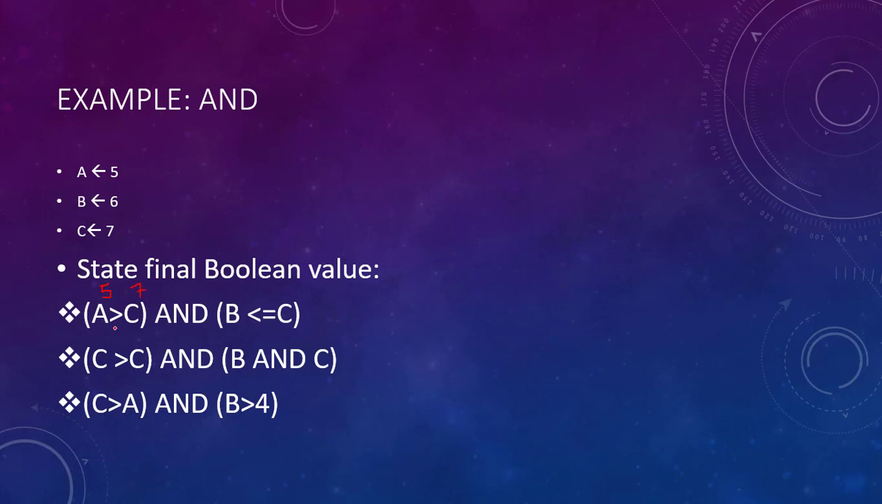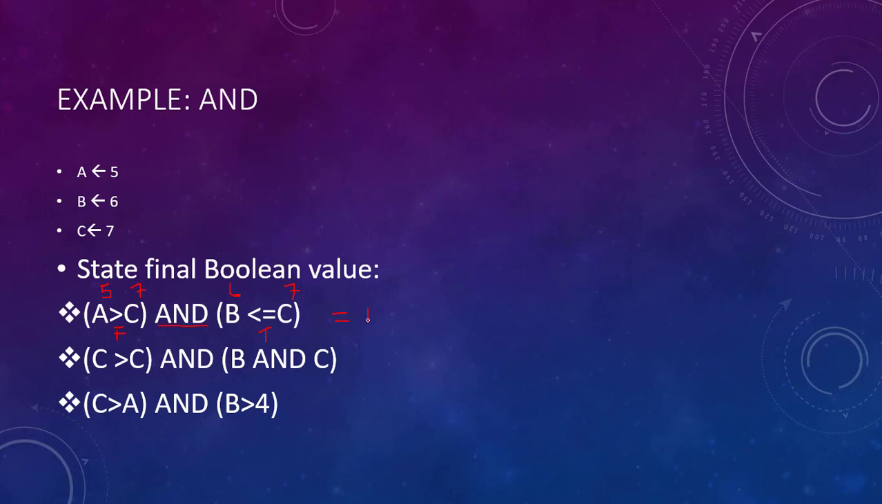When we do A greater than C, remember we have an AND operator here, therefore we have to work out these two expressions separately, and then apply the AND operator to them. Now A is greater than C, therefore 5 is greater than 7. This gives us an answer no, therefore false. B is 6 and C is 7. Is B less than or equal to 7? This is true. Since one of them is giving us false, in this case